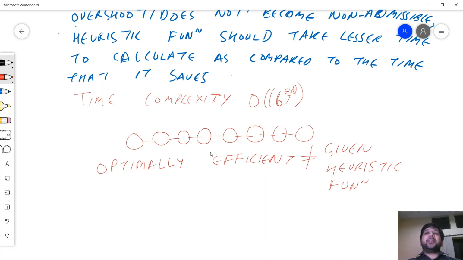And it's called optimally efficient rather than optimal or the least computation time, because how can I assume that heuristic function calculation itself takes the smallest amount of time which is possible. Now the other property about